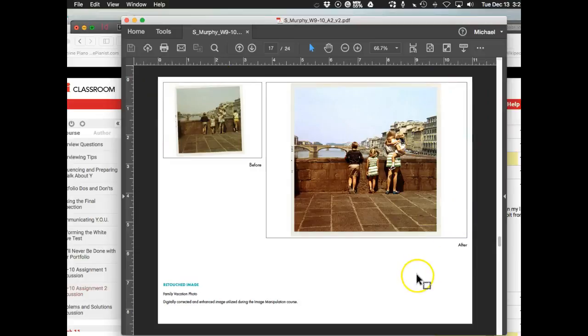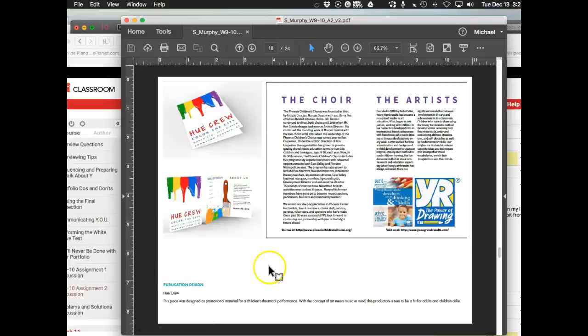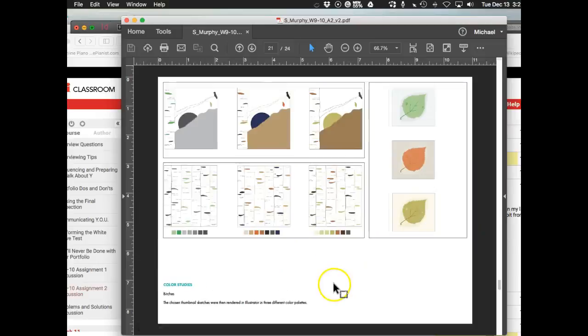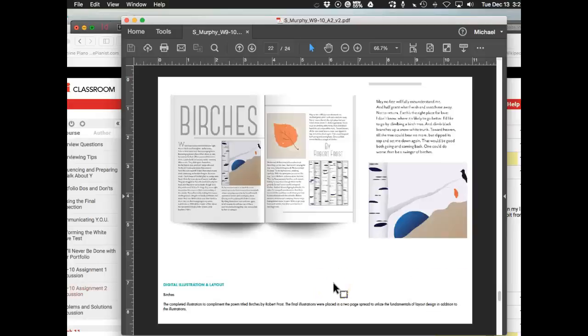But the problem is you still have an awful lot of white space down here. I think for a portfolio, definitely. I mean, you're almost past a third of the page there. So I was thinking a couple of things, and one of the things I was going to mention to you anyway,